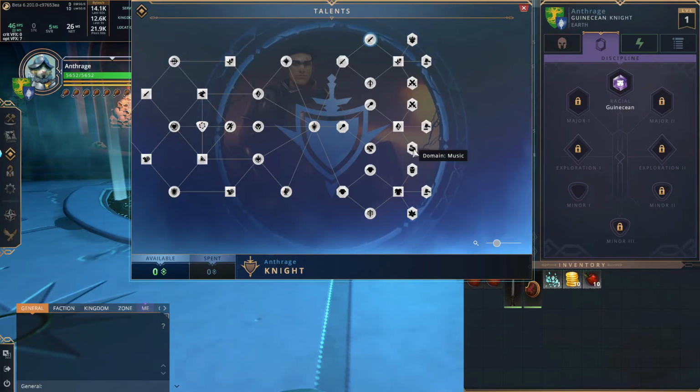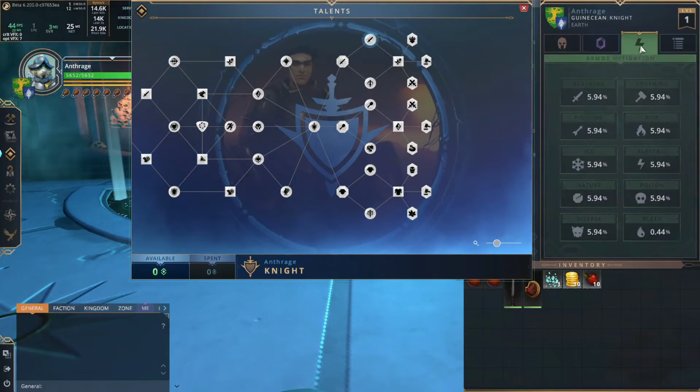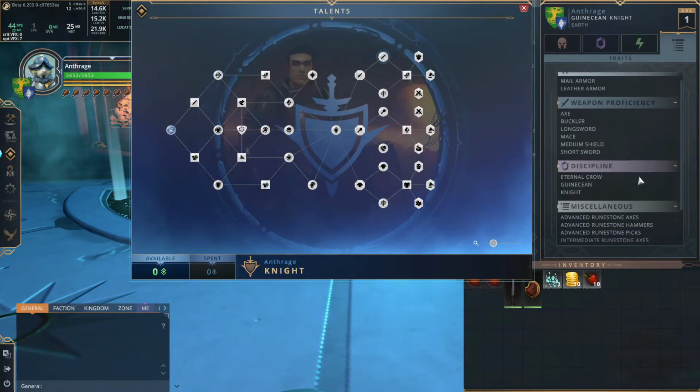Now, there are 15 domains. Each class, a promotion class, gets access to between 3 and 6, or actually 4 and 6. You have to make that decision once you promote to your promotion class, as that will determine what runes you have access to. The various runes,